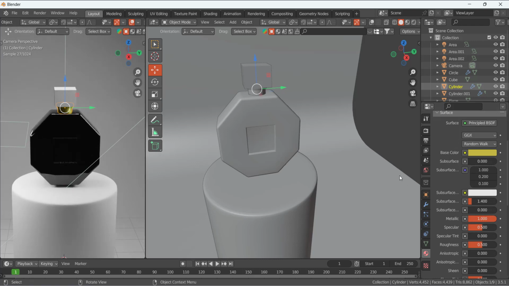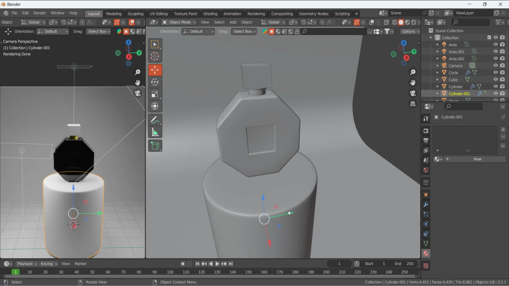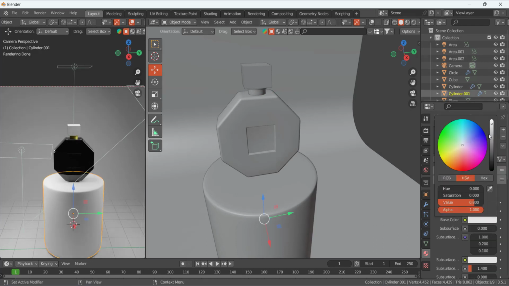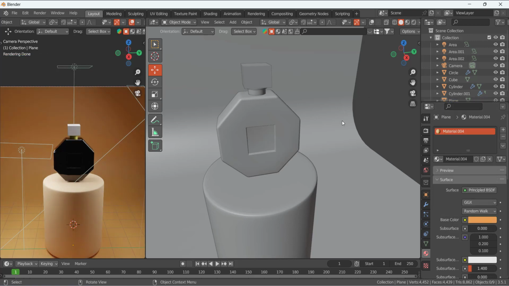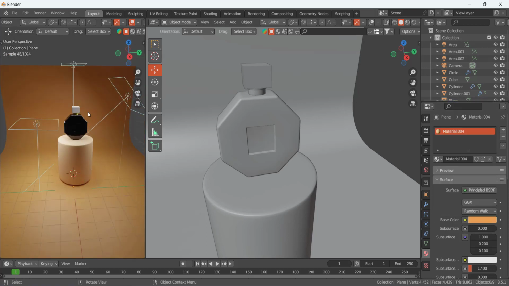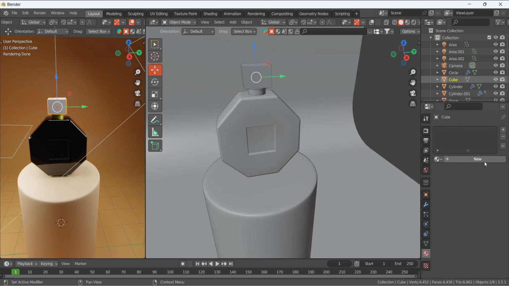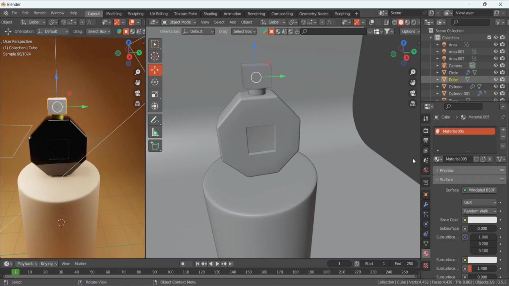It's metallic like that. So for this one I'm going to add a color like that, and this one make it the mix of yellow and red like that. It's your preference what color you are going to add. And for this one I'm going to,